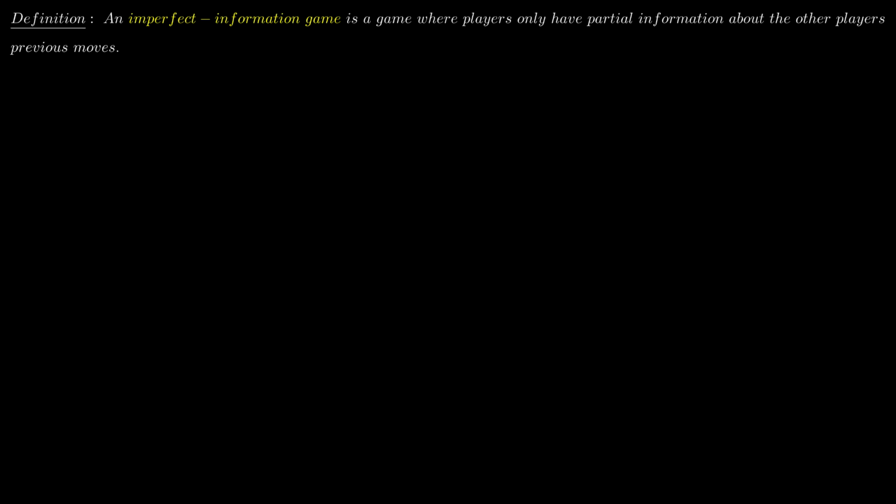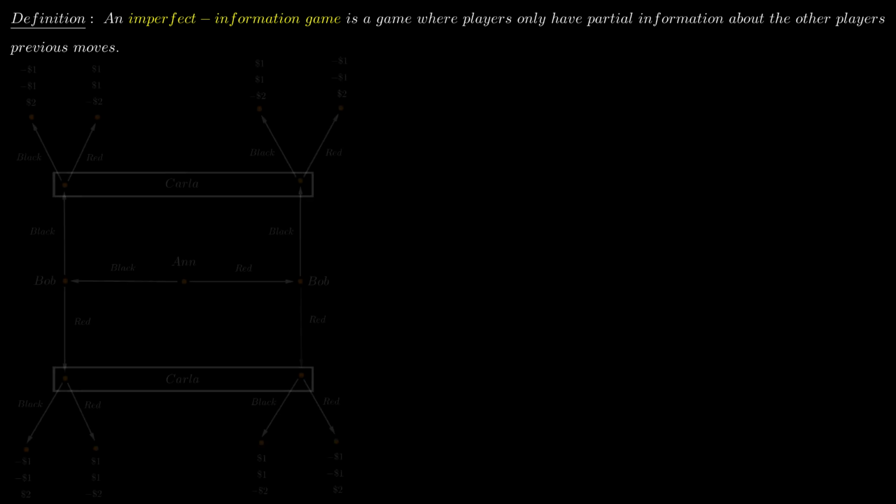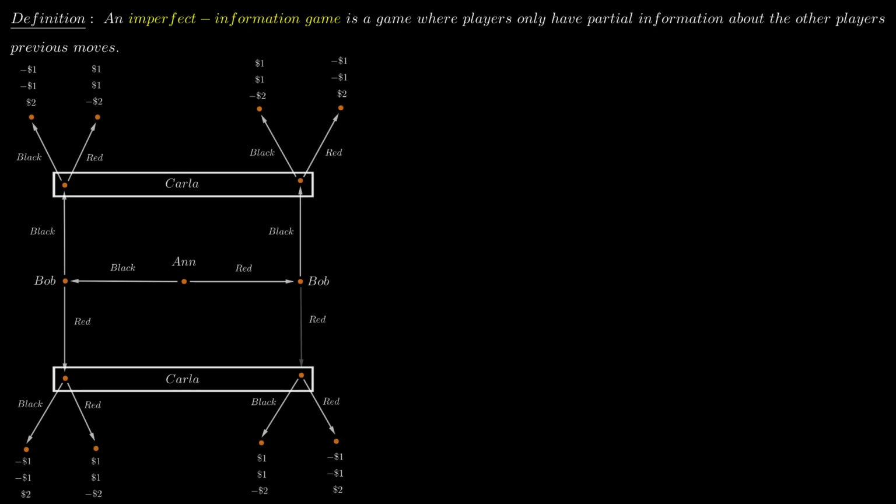Now Carla enters the room, and Bob makes a statement to Carla. He either says Anne chose a red card, or he says Anne chose a black card. Bob could be lying, or he could be telling the truth. After hearing Bob's statement, Carla guesses the color of the card that was picked by Anne. The card is then turned, and if Carla's guess was correct, then Anne and Bob give $1 each to Carla. Otherwise, Carla gives $1 to each of Anne and Bob. The extensive form is shown in this tree here. So what is this rectangle enclosing 2 of Carla's nodes, you ask?